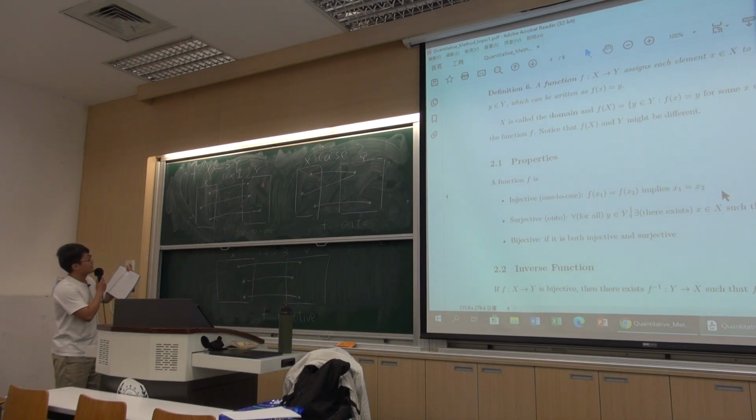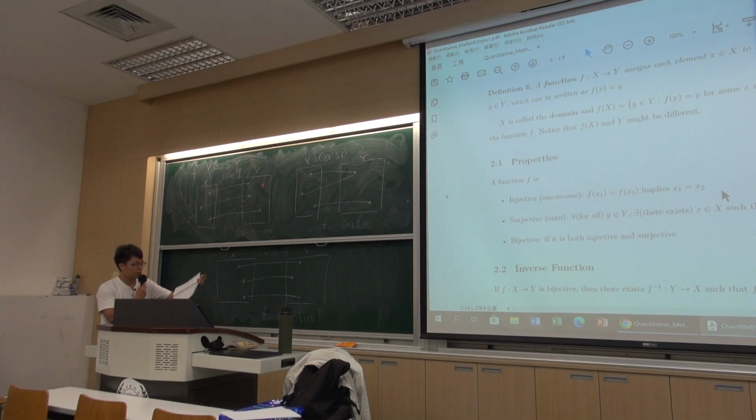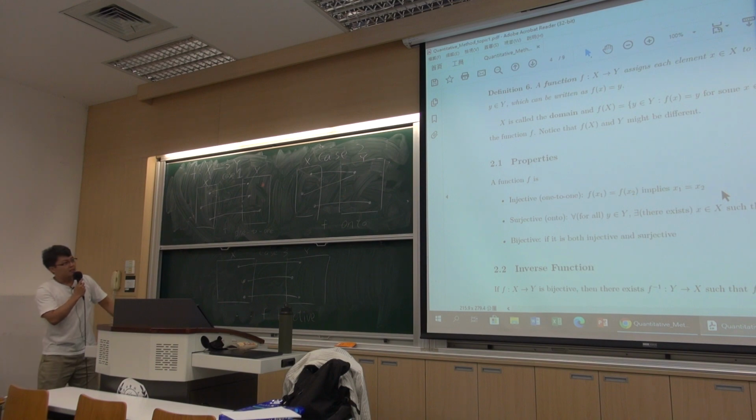Okay, so let me do it again. We have three types of functions here: one-to-one, onto, and bijective, or bijections. For case 1, this will be a one-to-one function, even though there are elements in Y, which I highlighted in red here, that are not assigned by this function. But that's also fine, because I said that the image of the function f could be smaller than the big Y. So this is the example. But this function is still one-to-one because, according to our definitions, this function